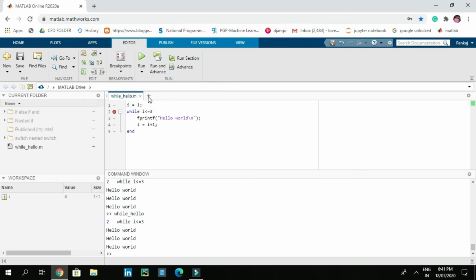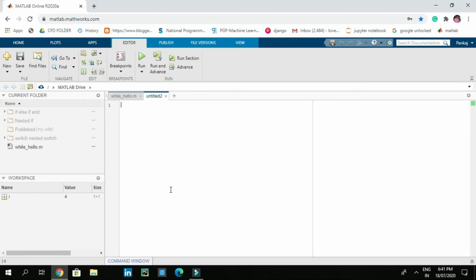So now let's add one more script file and let's try to find the square of numbers up to 10.